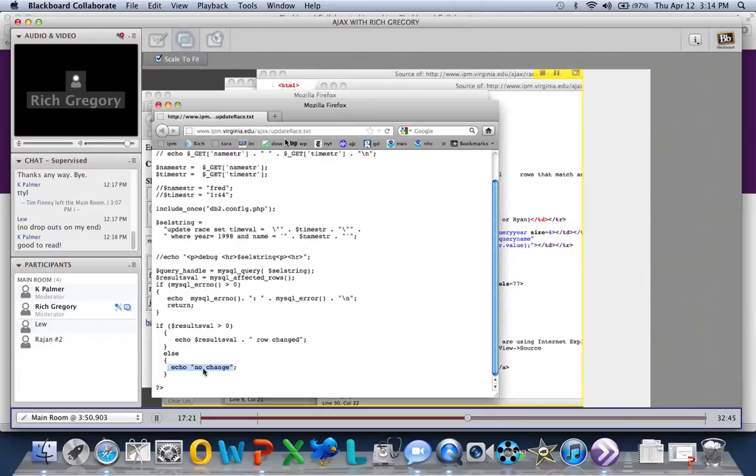Else, you echo back no change. So this is what that HTML object is returning to the JavaScript. It's just a simple print statement. And you can do this from the command line, and you'll see exactly that. The first time you